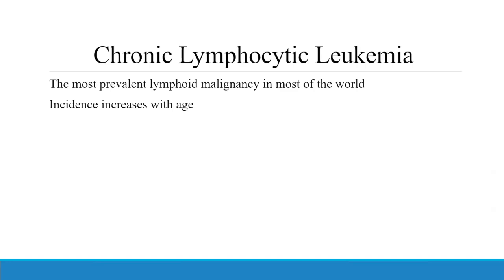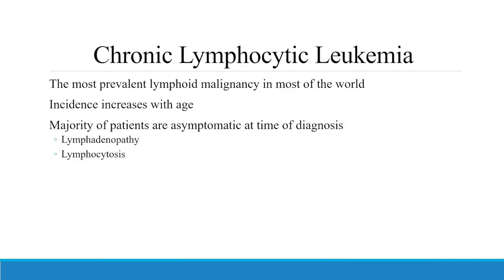And for the most part, these are probably patients that you've diagnosed. These are patients who've been having annual blood work and you slowly notice that lymphocytosis creeping up and you refer them to the cancer center. Or someone, again, who's had a lymph node for a number of years and finally gets a biopsy. CLL is diagnosed on flow cytometry. It's a peripheral blood test. It's not a bone marrow.